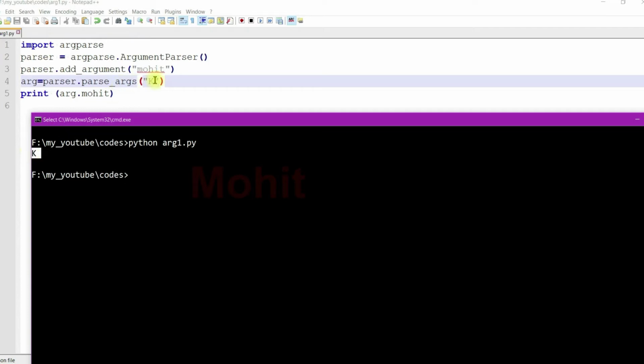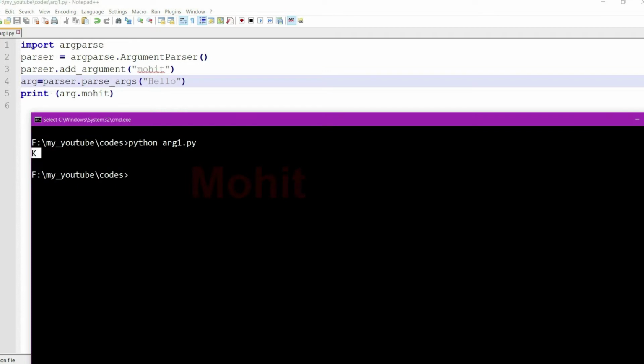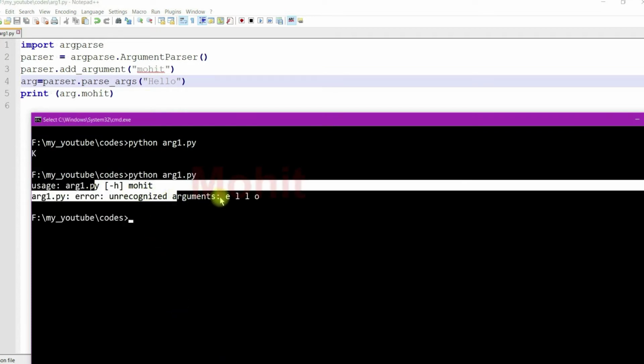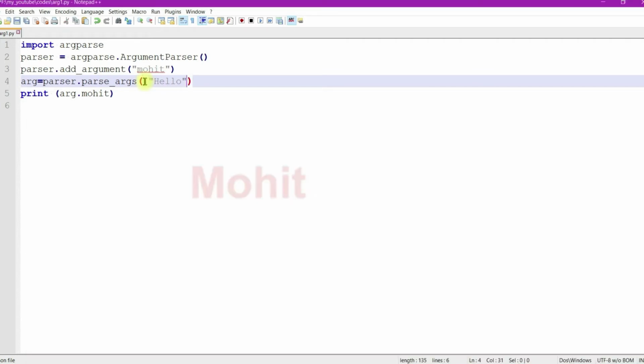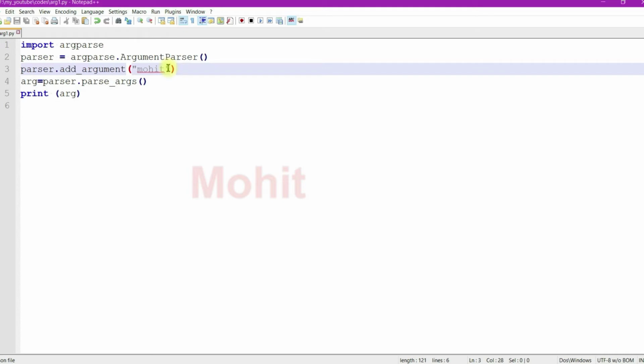If I provide more than one character, then parser takes it as multiple arguments, like this. The parser did not recognize the ELLO. If you want to provide a string of more than one character, then use the string in a list. Now I am providing help and int parameter.